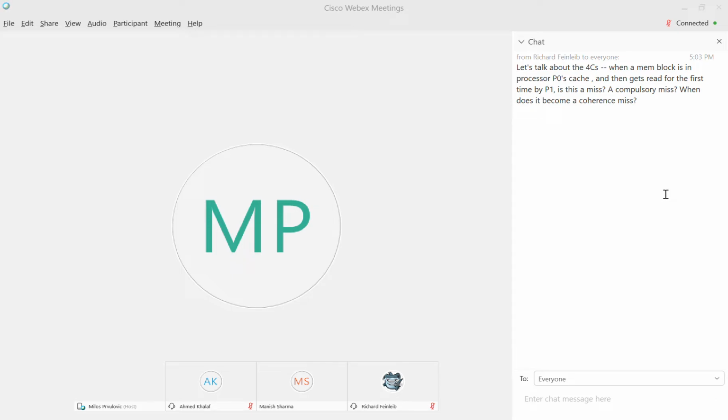The reason it's a compulsory miss is that something is a compulsory miss when it has never been in that particular cache. So for the level 1 cache, if we have multiple levels of caches and the level 1 cache is private to each processor, then if we miss on some block B in each of the cores, each time this is a miss in the level 1 cache. And then if we have, for example, also a private level 2 cache, then that's also separate misses in each of these caches.